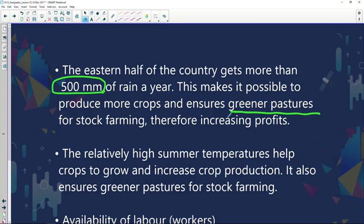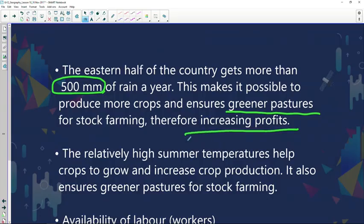Now, obviously, for green pastures and for crop farming, water is a very important necessity. Not only the rain itself, but obviously storage dams for irrigation to be able to water our crops and to make the crops grow. In the case of cattle farming, stock farming, we need it for green pastures. And therefore, now keep in mind, if there's green pastures, it means we can farm more cattle, and very importantly, obviously our farming methods need to be correct as well. We don't want to over-cultivate, and if we can farm more, we can therefore sell more products, sell more food,